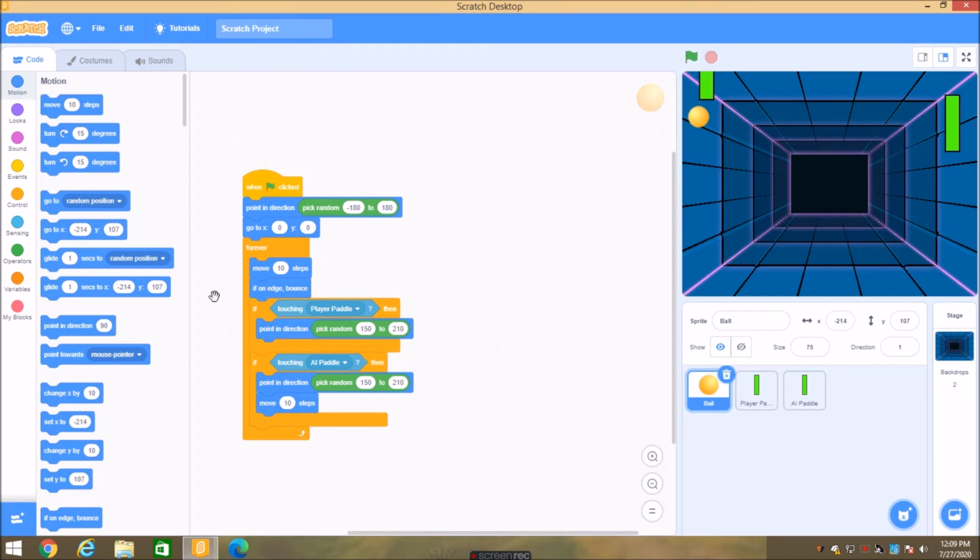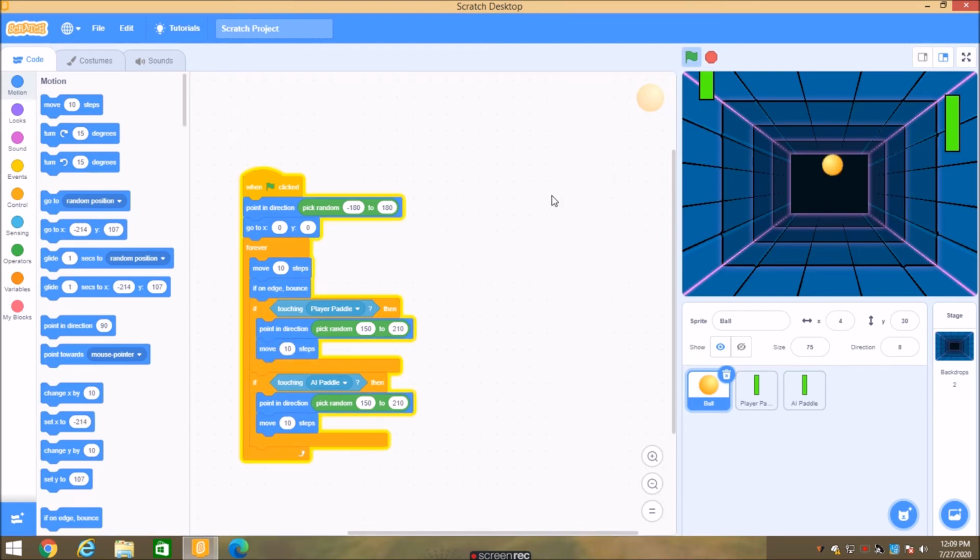Let's do it for the AI paddle or player paddle also. Okay, so now it is not sticking into the paddles, and we want the game to be over also.